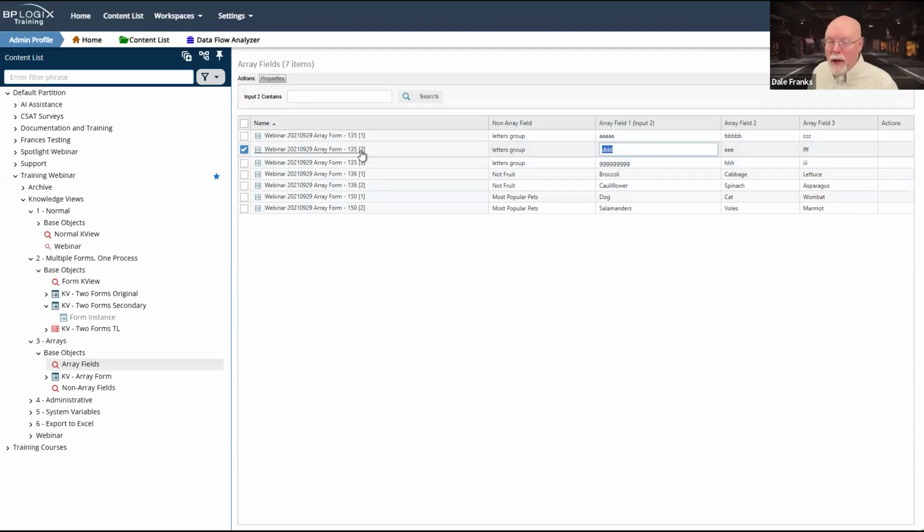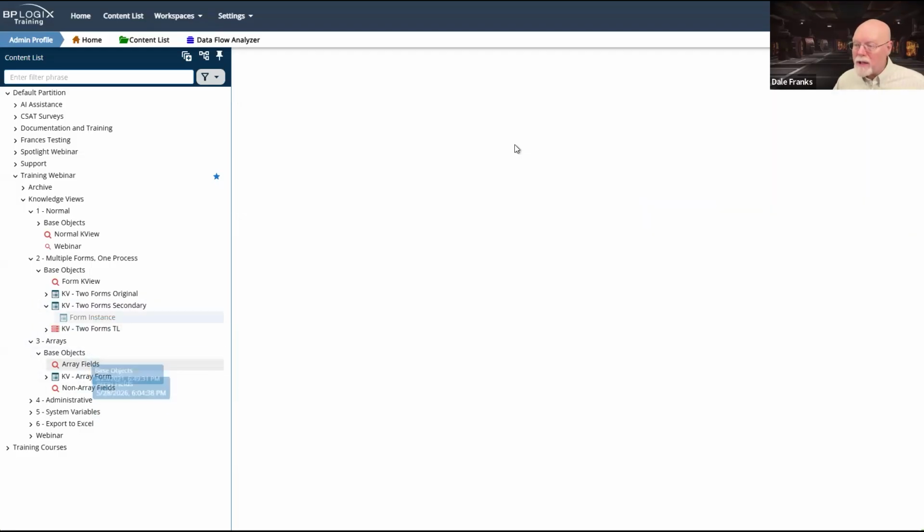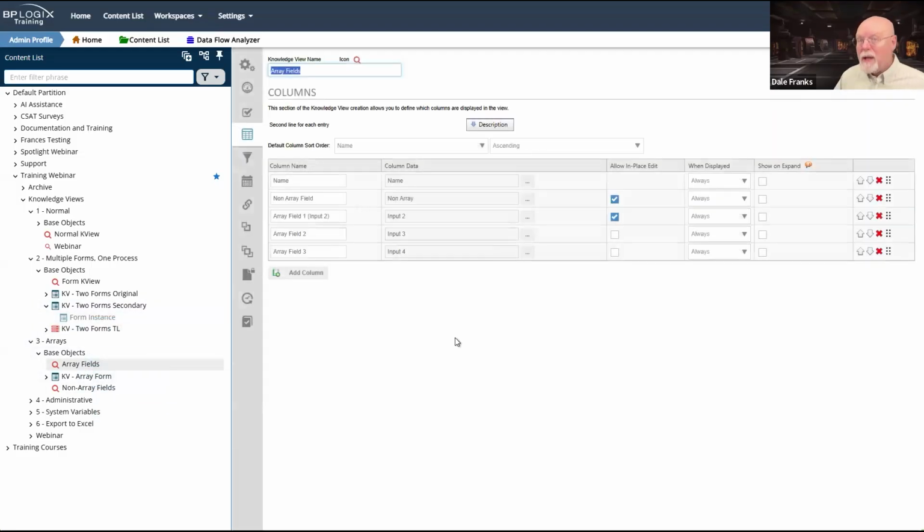And so all the information that it needs to do the editing is right there. So I'm perfectly happy whenever I am pulling back array fields, as long as I am pulling them back as fields, and as long as I don't mind having the multiple rows returned, then it's perfectly okay if I edit in place in the knowledge view itself.